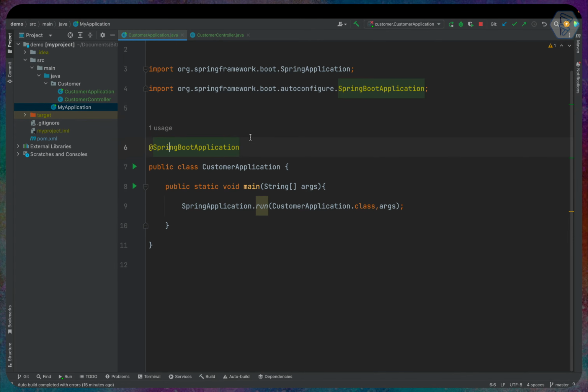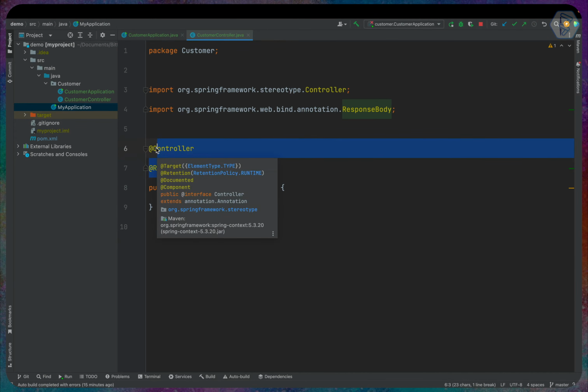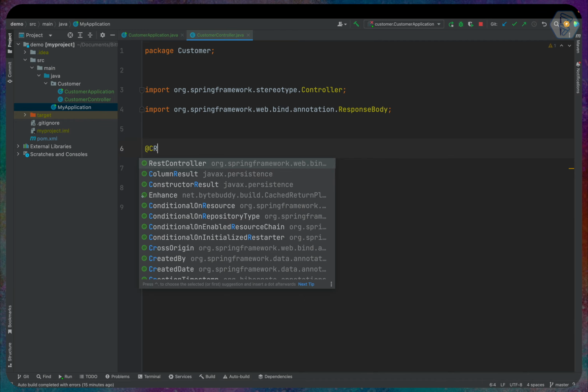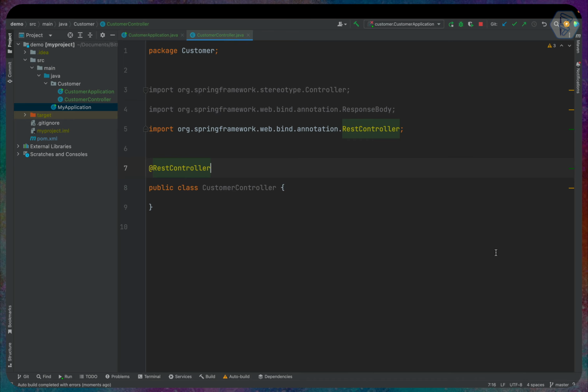So either you can use both, or you can define, let me close this one. Strange. Anyways, either you can use both, or you can just say I just need the REST controller. So let's add REST controller, and here, as you know, we need a simple method here, and since this is